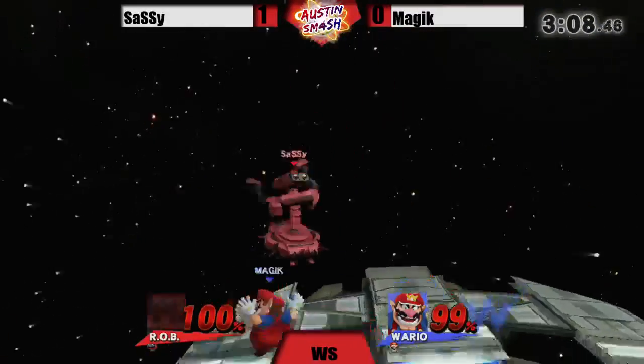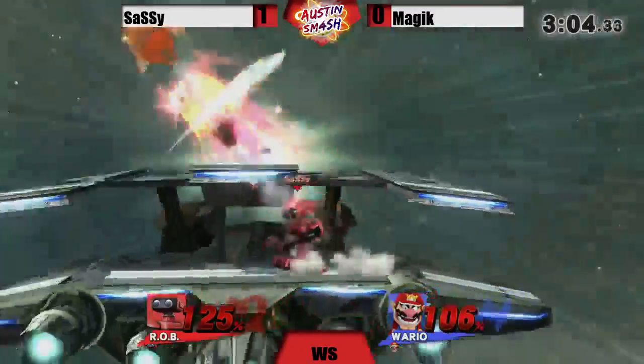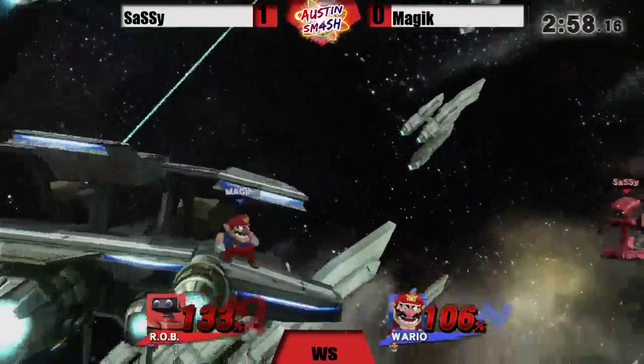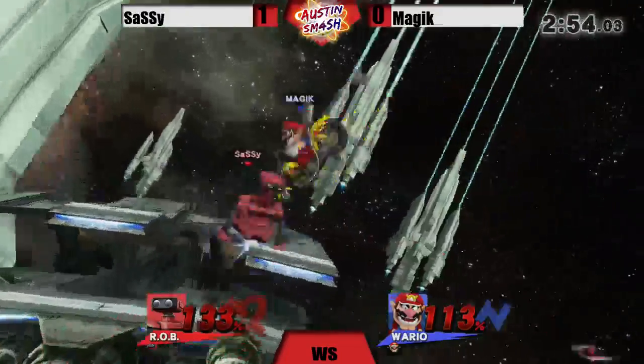Go for the beep boop. Beep. No conversion though, and the Rose Waft. It's going to deal some sick percent here at the end of the game. Yeah, manages to wiggle out of that Rose. Much like Hitstun, you can actually use the thumbstick to wiggle it and get the flower off, because